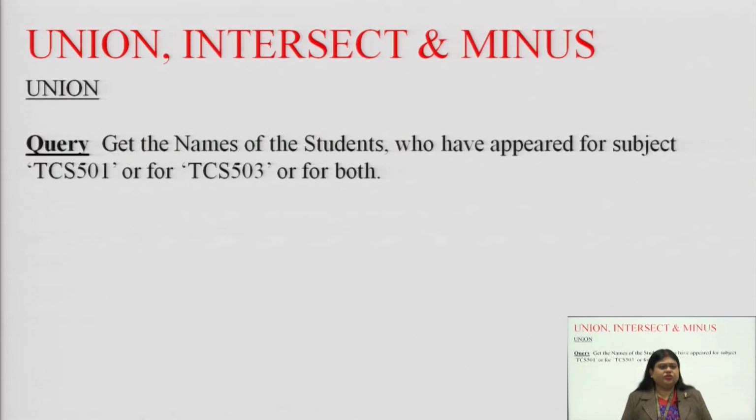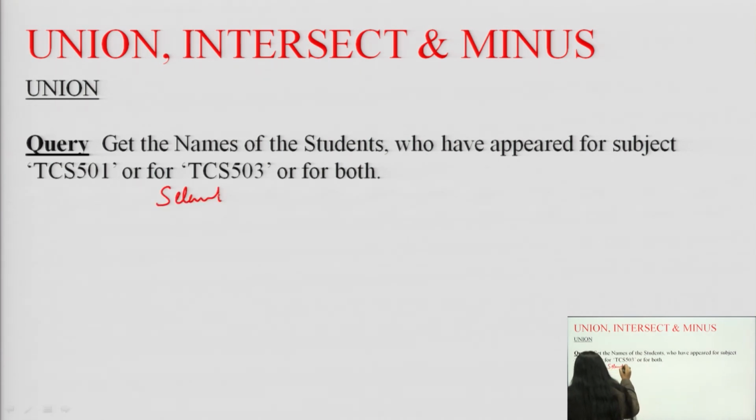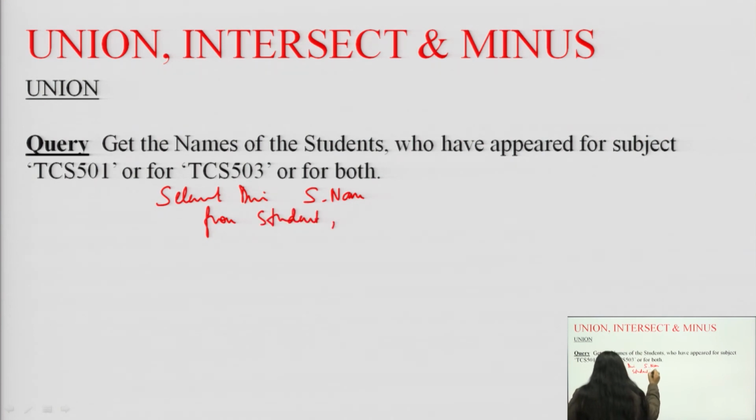We will quickly go through the union operation, and this query tells you to get the names of students who have appeared for subject TCS 501 and 503 or both. In that case we are going to use the union operation. How we are going to do it? We will do it very quickly. Select distinct student name from student comma result, where